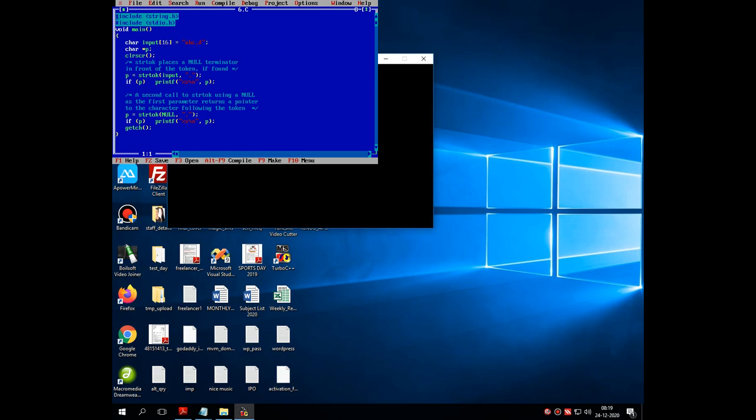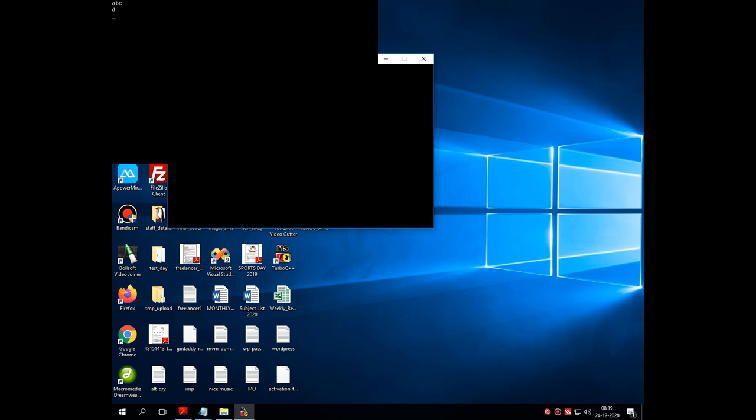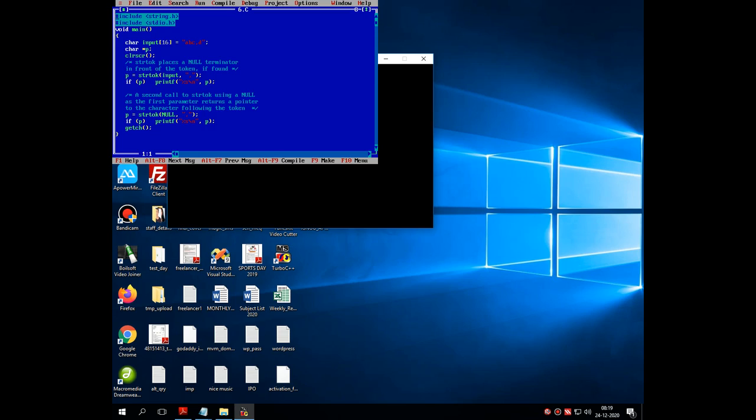This is the code for strtok. What it prints? ABC and D. Means what it does, first of all, I have taken one inputted string which is "ABC,D", then there is a character pointer. That pointer follows the strtok function where I have passed the inputted string, that is "ABC,D", and then it